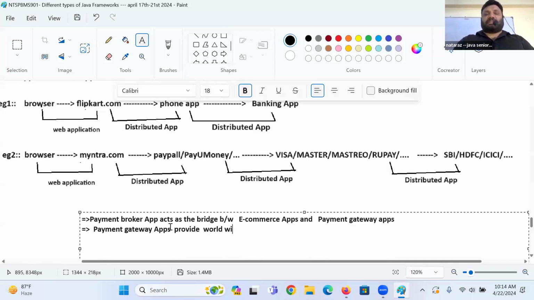Worldwide infrastructure, guys, to operate the credit cards and debit cards by having tie up with what, guys? By having tie up with what? Local bank customers, right, guys? Bank customers.